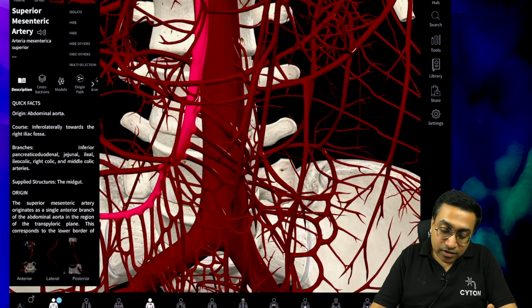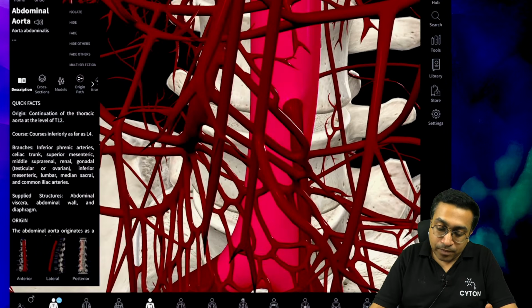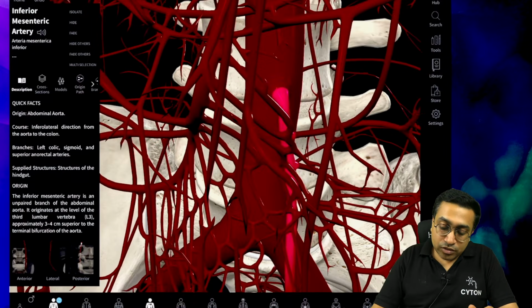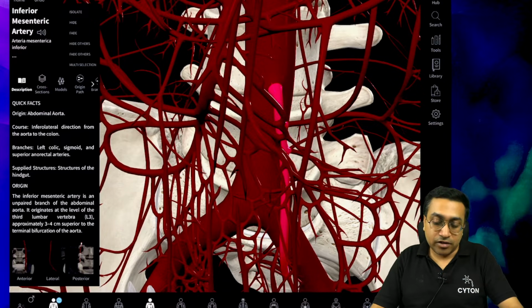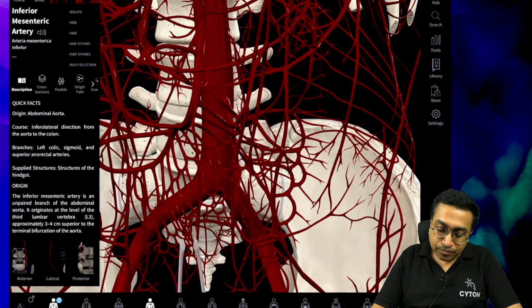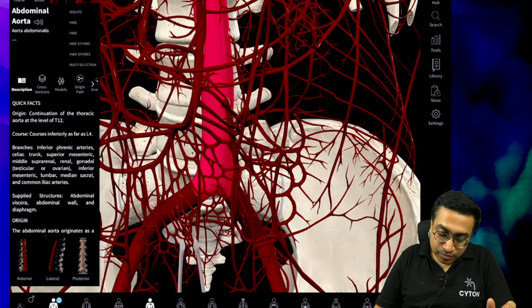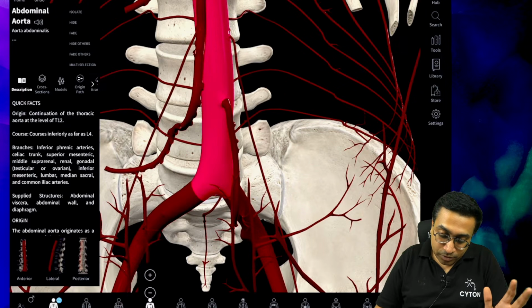Then you can see another major ventral branch, which you can appreciate here. This one is the inferior mesenteric artery. So celiac trunk, superior mesenteric, inferior mesenteric, these are the major ventral branches which you have to remember. All right, so now we know this abdominal aorta. Let me just remove some layers so that you don't get scared, although you have to remember everything later on.